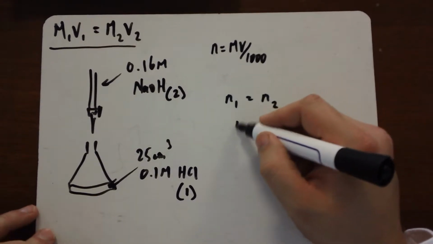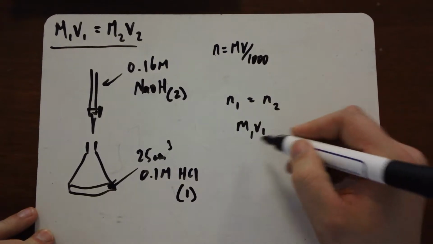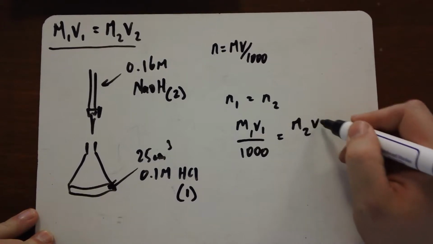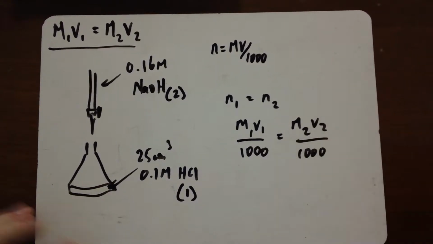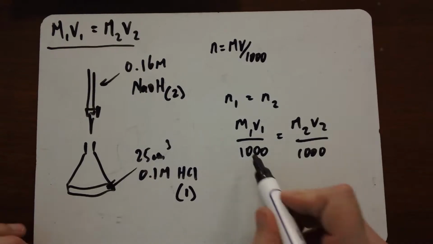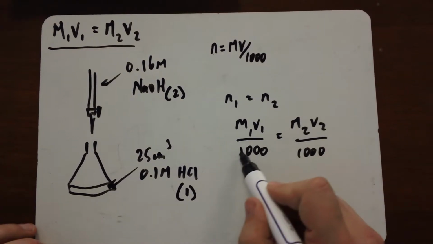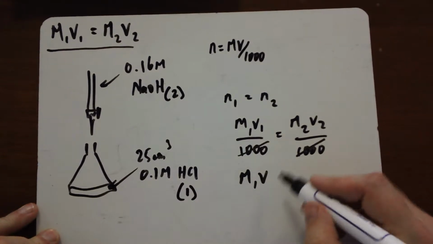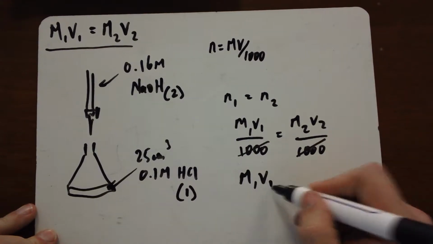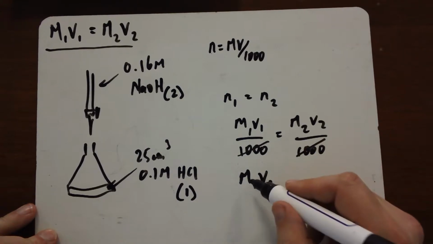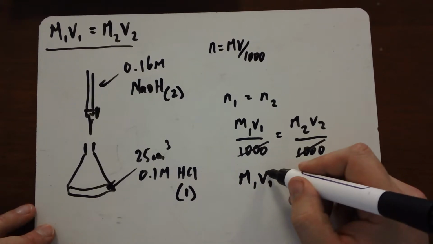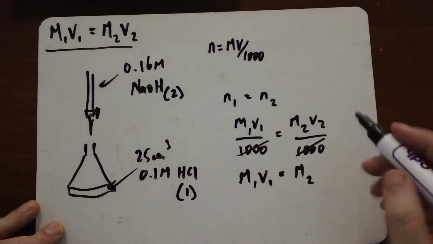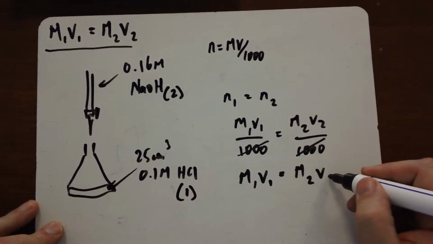What that means is that m1v1/1000 would be equal to m2v2/1000. And now, because we've got the thousands on both sides, we can actually get rid of them. So what we end up with is m1, the concentration of HCl, multiplied by its volume would be equal to the concentration of sodium hydroxide multiplied by its